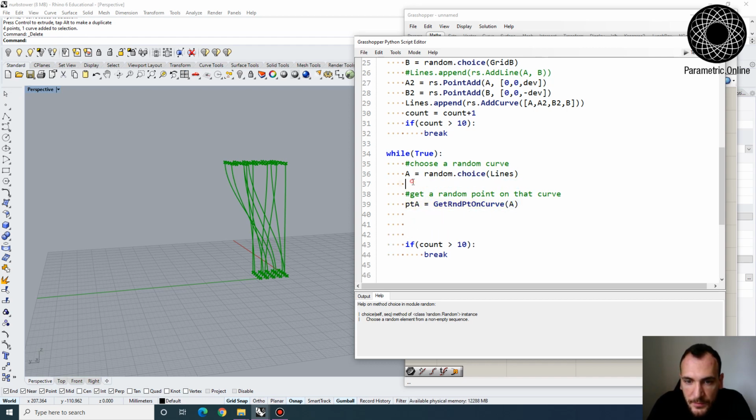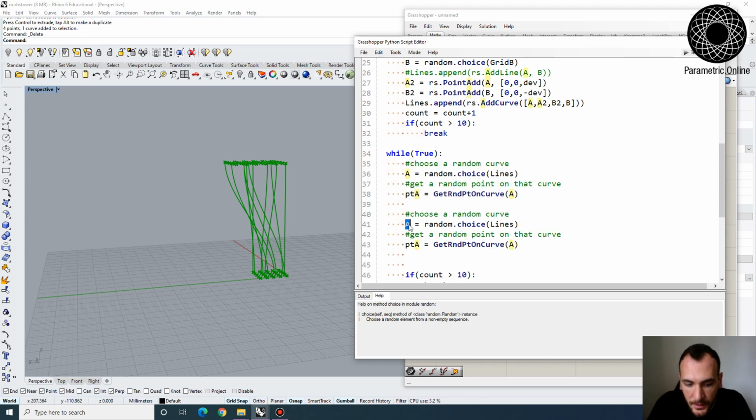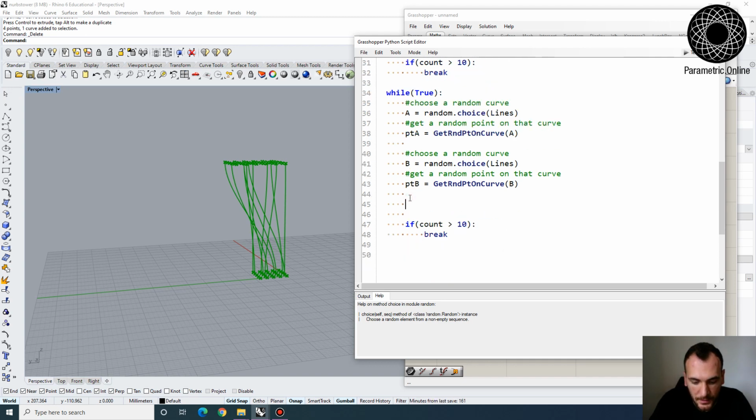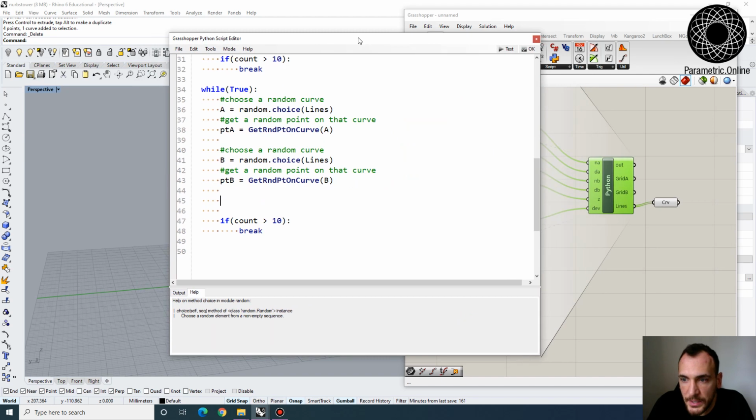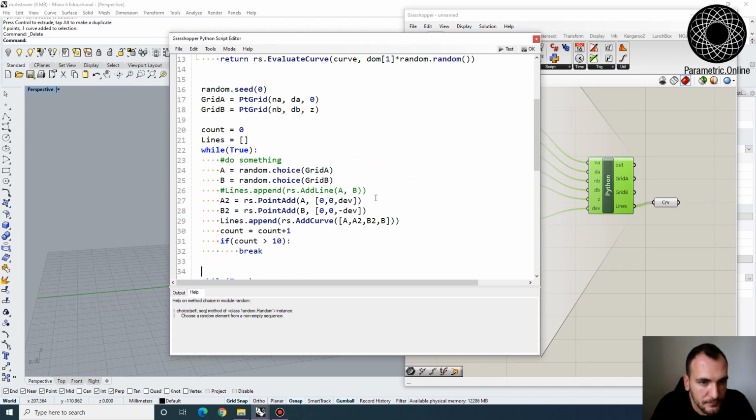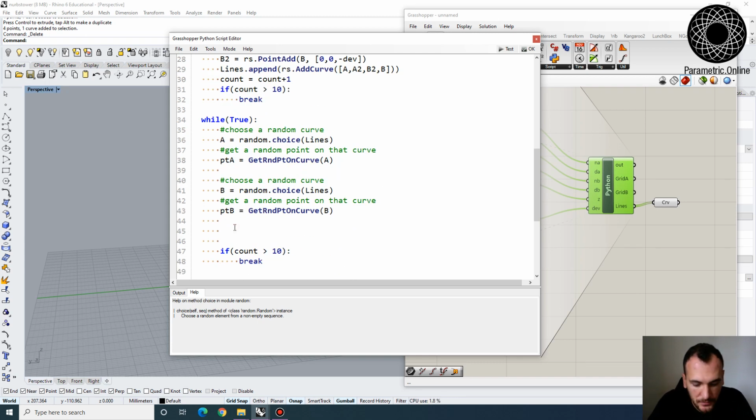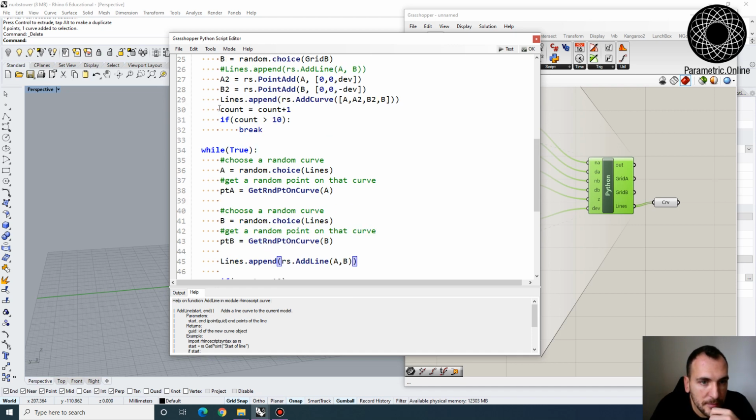Now I want to do the same thing for the second one. I can just copy this and rename this as b and input the parameter as b, and then we can add a new connection. We can also append to the lines list actually, which would be interesting. So we can keep building it. Lines.append rs.AddLine point a comma point b, right? And we need to increment count,